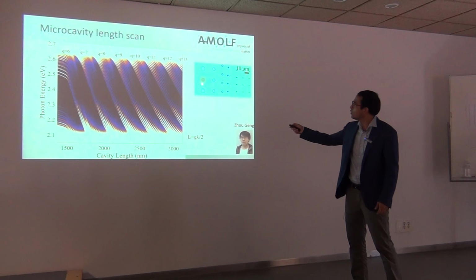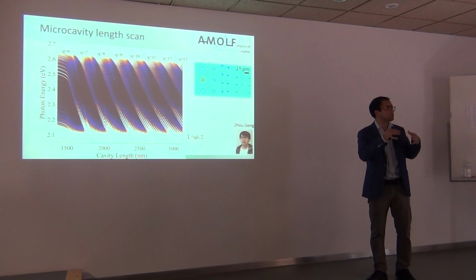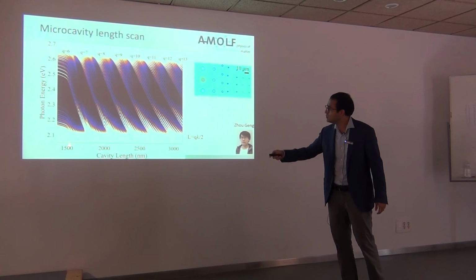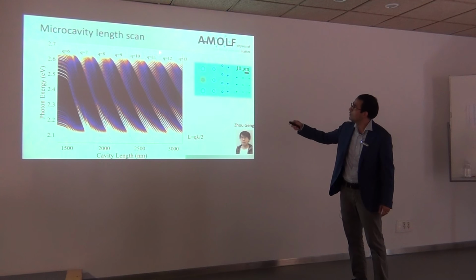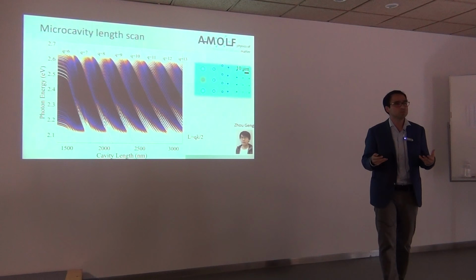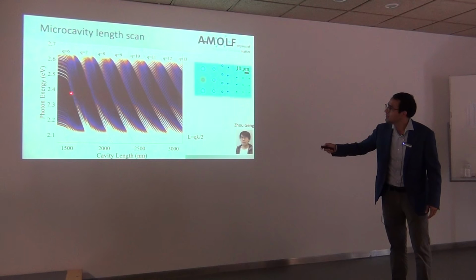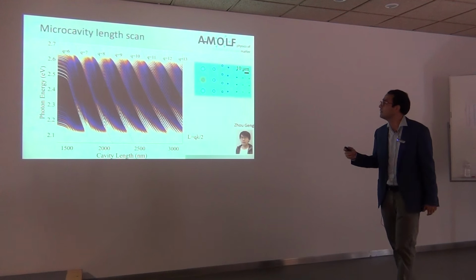Now, if you go to one of these concave features, you no longer have just the longitudinal modes, but you also have the transverse modes, right? So in this case, I show you again the transmission spectrum as a function of the cavity length. And you see that each one of these lines shows you a family of transverse modes associated with a certain longitudinal mode number. So in this case, these are the modes that we are seeing, almost 10 or so. So you can really get access to all this fine structure of the cavity modes.